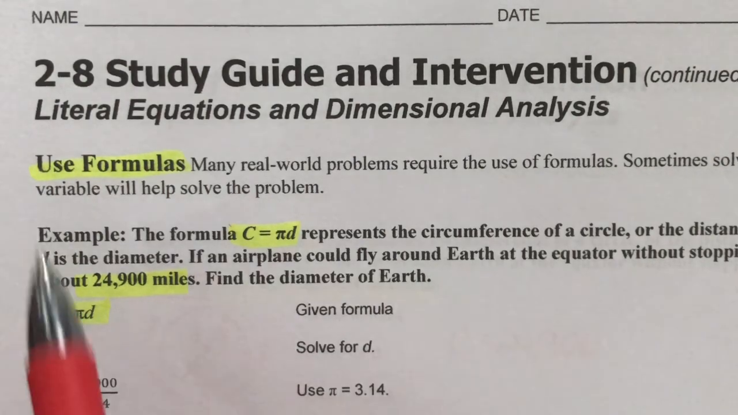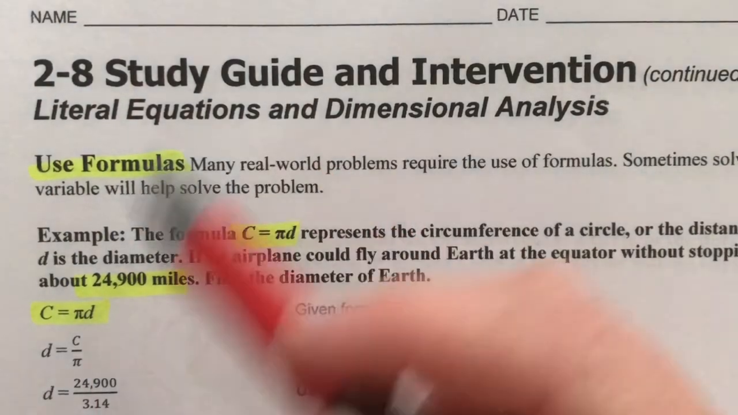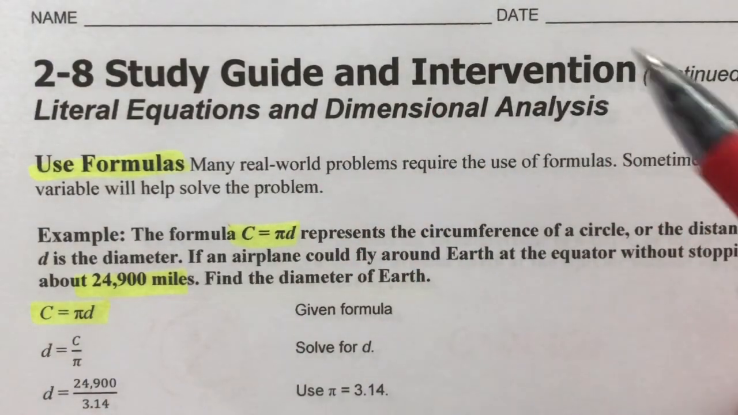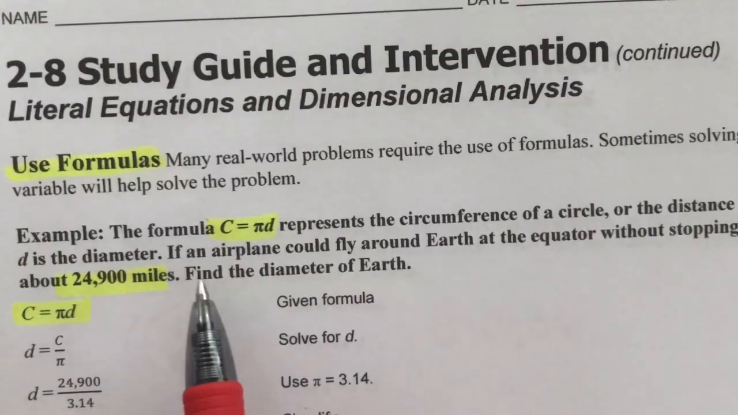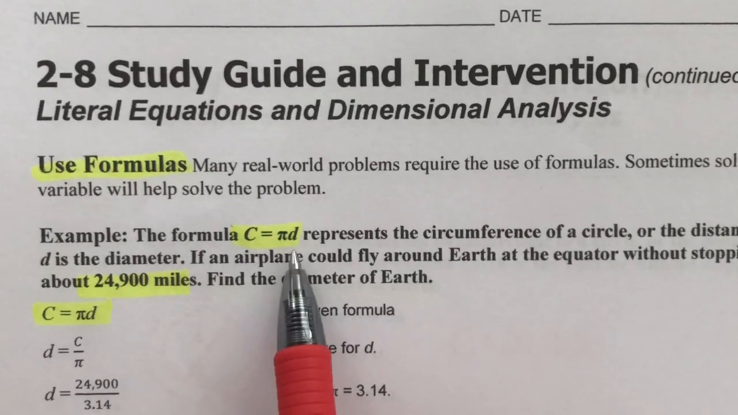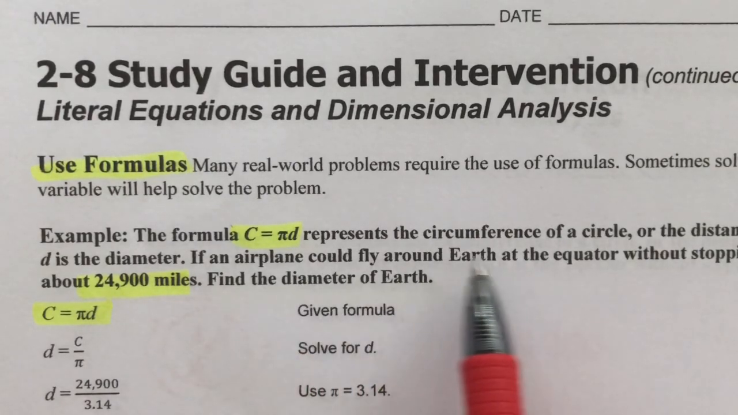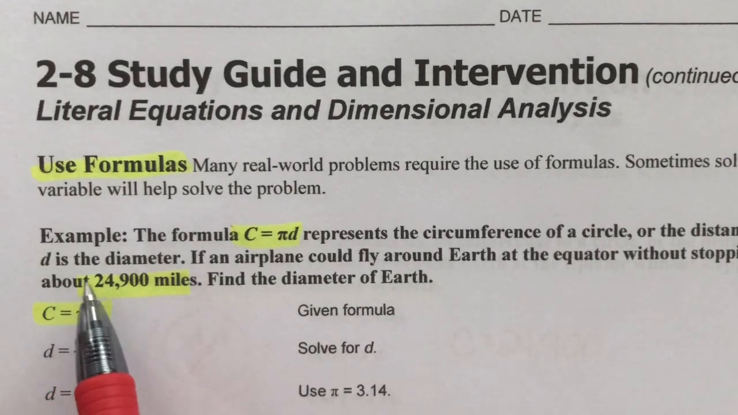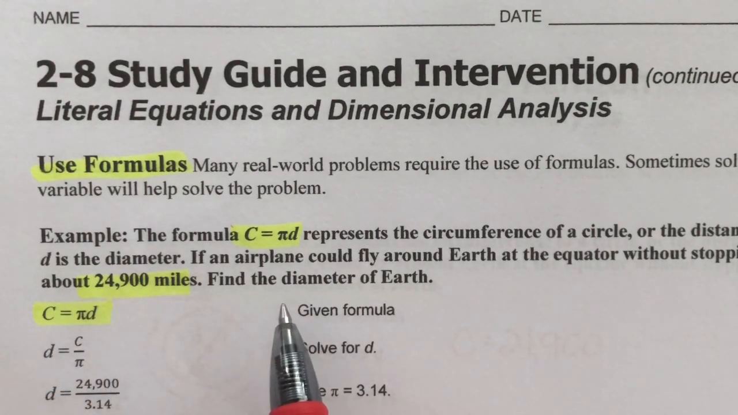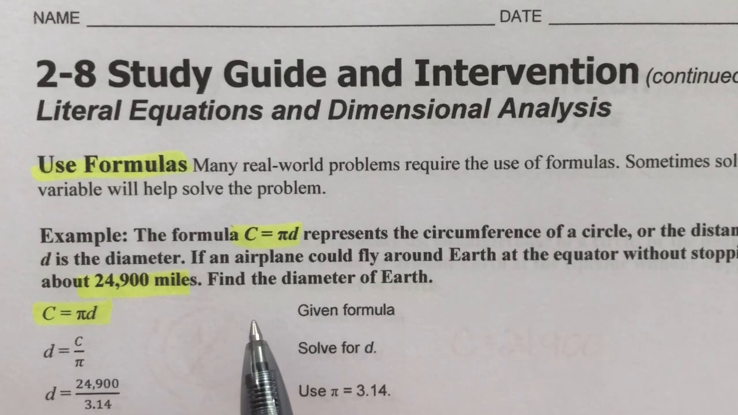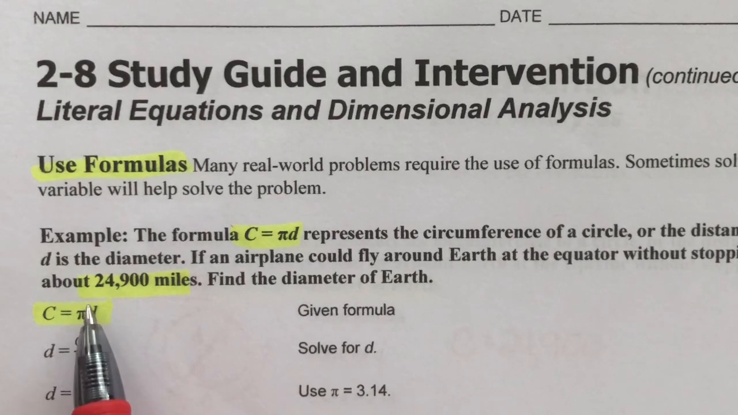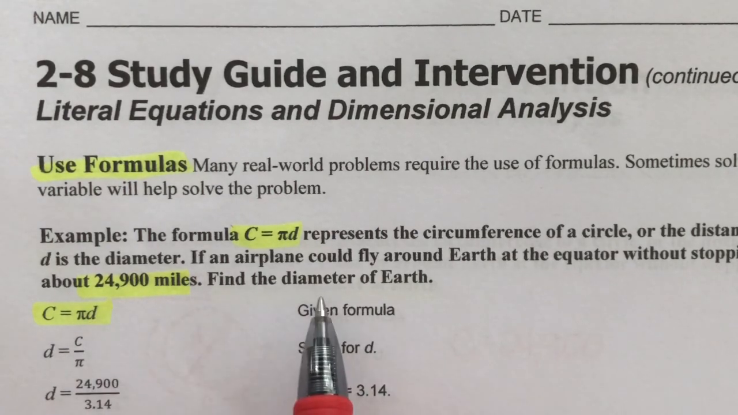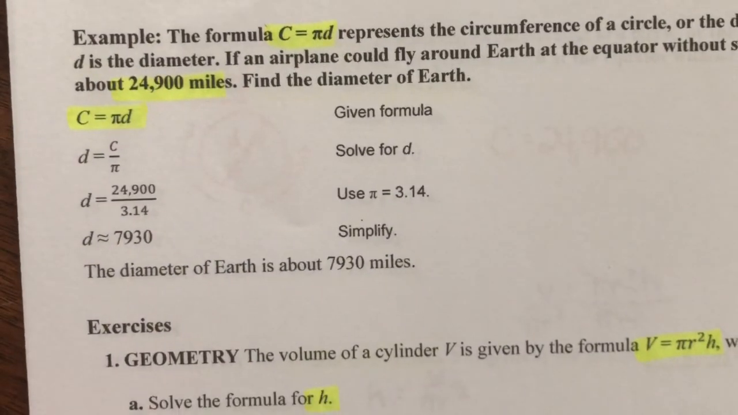Using the information given. So here, let's just jump into the examples because reading this little top part is just going to be more confusing. So here, the formula circumference equals pi times d represents the circumference of the circle, or the distance around the circle, when d is the diameter. If an airplane could fly around the Earth without stopping, it would have traveled 24,900 miles. Find the diameter of the Earth, okay? So here, we know